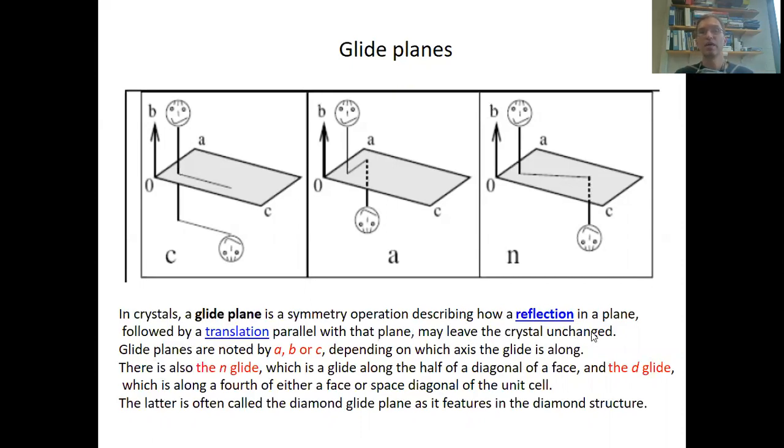That means that the produced crystal is indistinguishable from its original form. That's always the criterion for a symmetry operation to be present. Now there are different types of glide planes. They are called A, B, and C glide planes. In addition to that, there are N glide planes and D glide planes. Now let us go through these symmetry elements